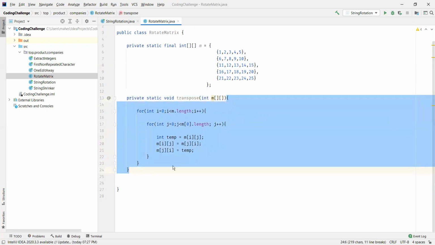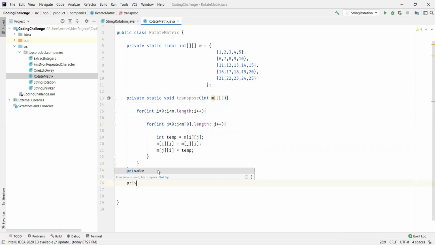All right, now as a second step, we want to reverse the columns of this transpose of the matrix. So we'll have another method, which we'll call reverse of transpose, which also takes the matrix.